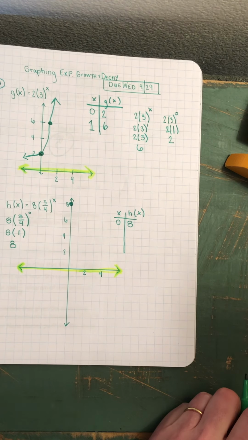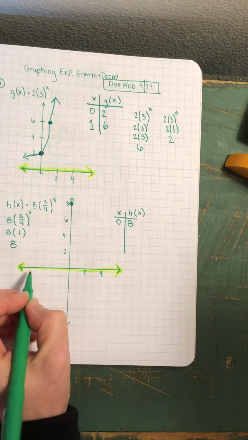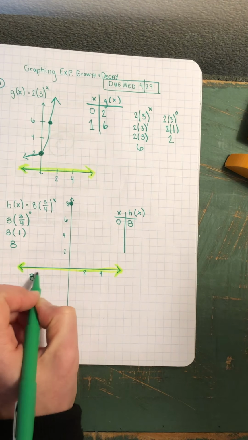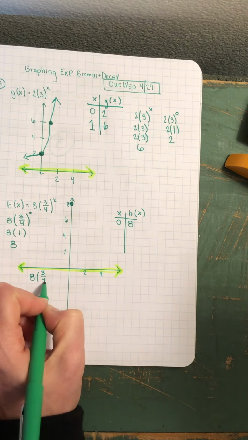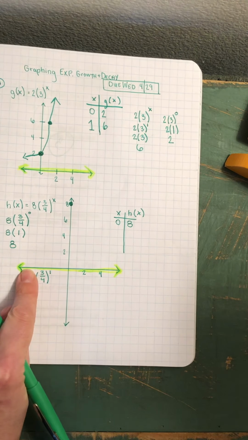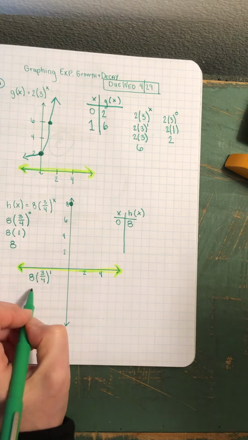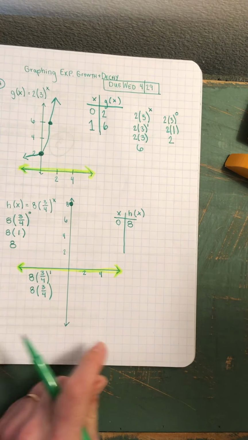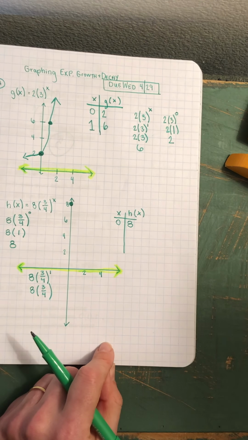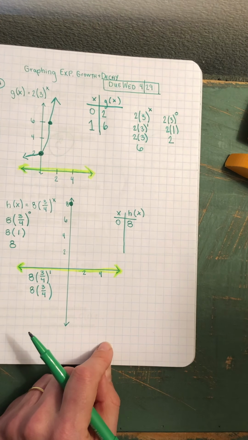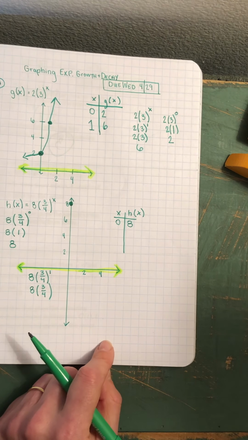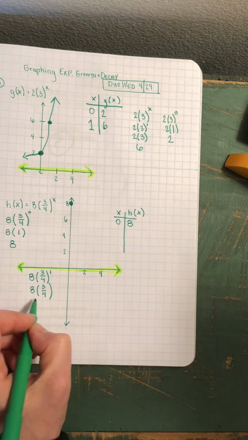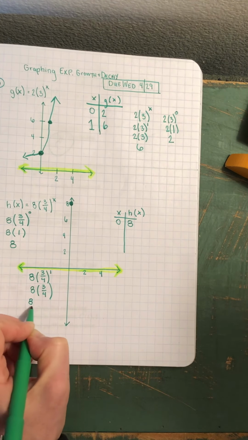And then Miss Taylor only tells me I have to do one more, so just do one more. So 8 times 3/4 to the power of 1. Got to do that first. Anything to the power of 1 is itself. Oh, now we have to multiply with a fraction, so scary. Well, I think you can do it on the Khan calculator, and if you have a calculator, you can do it. But remember, 8 is really 8 over 1,